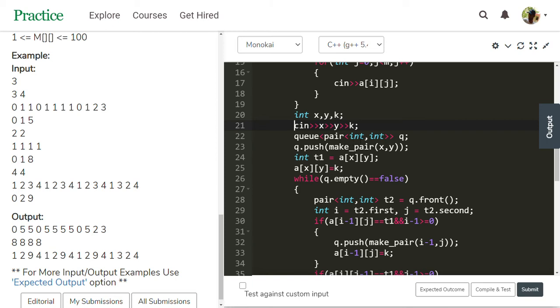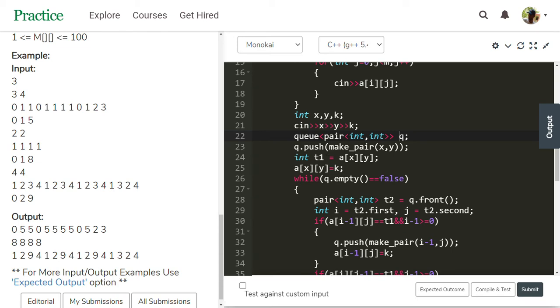To solve this task, it is good to use a queue. The queue holds the pixel position, using pair of int, int. Initially, I push the given position x, y into the queue. Take this second test case to get the idea about this code. I am giving 0, 1 to the queue, pushing those values.